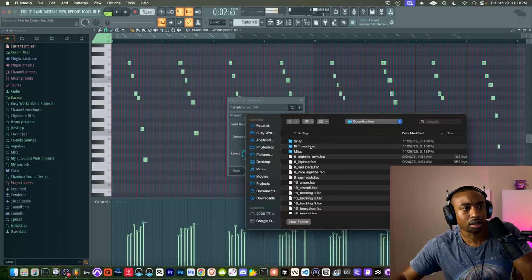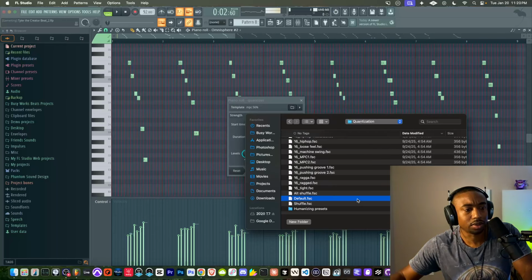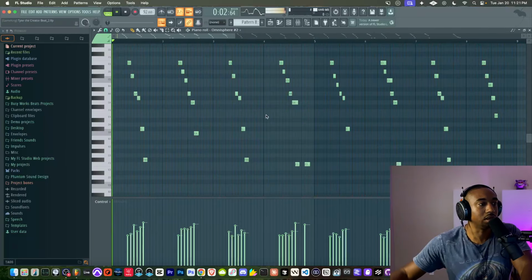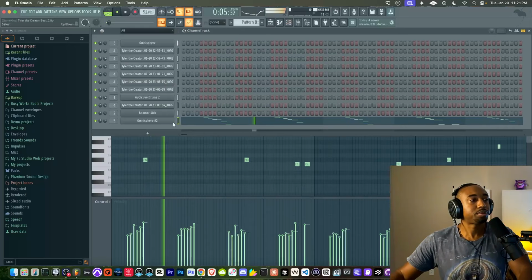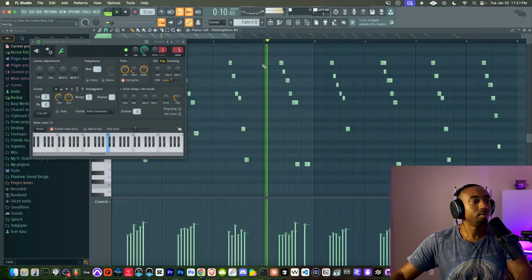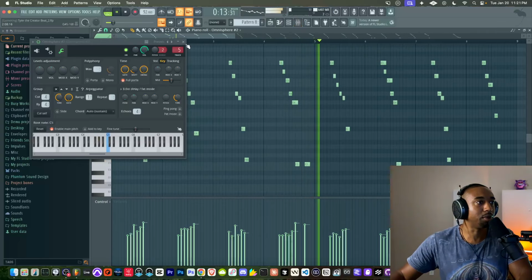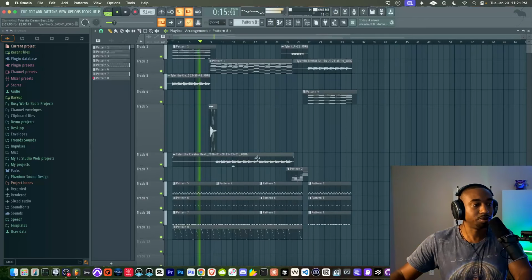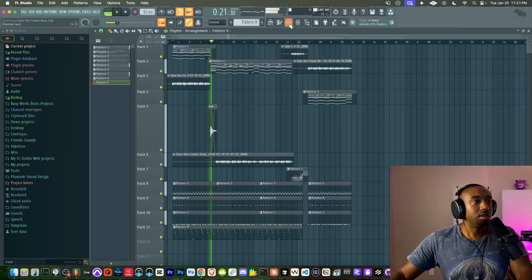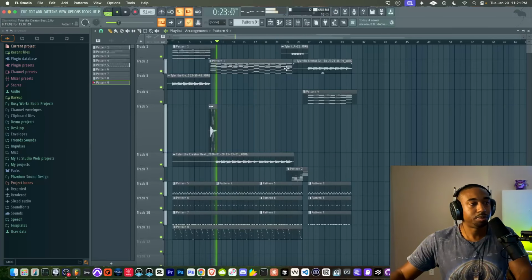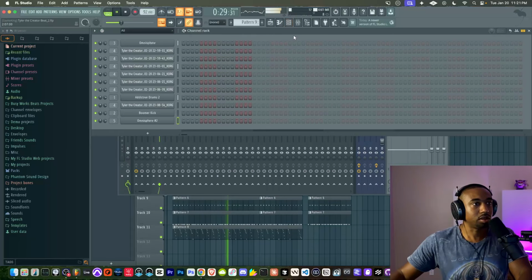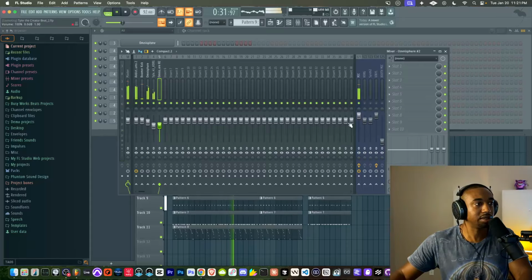So I basically have to go in here and go back to the default template. All right. And then we're going to just nudge this around so that it does not mess with the note length. Again, the bass could be a lot better. I'm not a bass master at all. Not a live bass, I should say. Let's just turn the bass down. It's cool enough bass line.